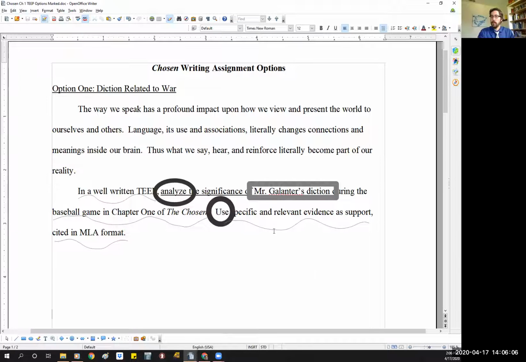Besides that, this prompt is just following our taking apart of prompt steps. The squiggly lines for the things we have to do to make sure we're getting points. Our two parts of our analysis, the diction is going to come first. It's going to be our explanation section, and then the purpose is going to come after. We can tell that because we can't explain the significance of it until we've proven like, hey, the author, the character is actually doing it.